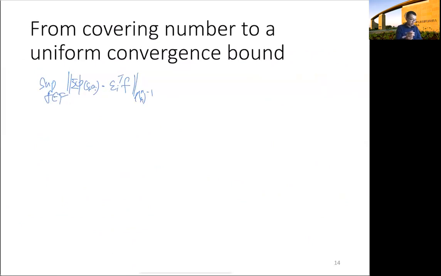Right, so this is what we're trying to bound, and what we can do is to decompose this into f minus the corresponding f tilde within the discretized set, and then add this f tilde back. And by triangular inequality, this is smaller than